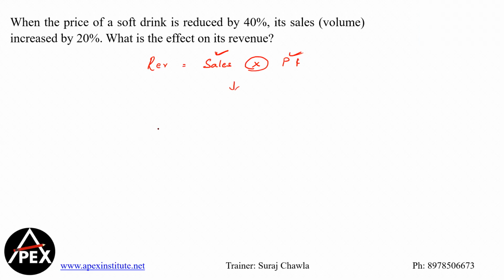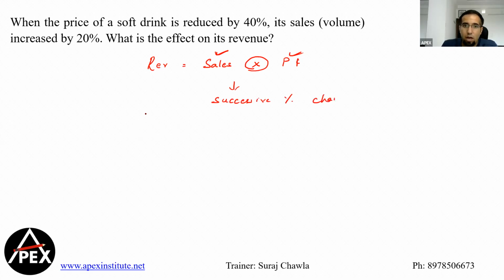Always remember this, guys: if A into B is equal to C, and there is a change happening in both, this comes under the concept of successive percentage change. Clear? So price reduced by 40%, sales increased by 20%, A plus B plus AB